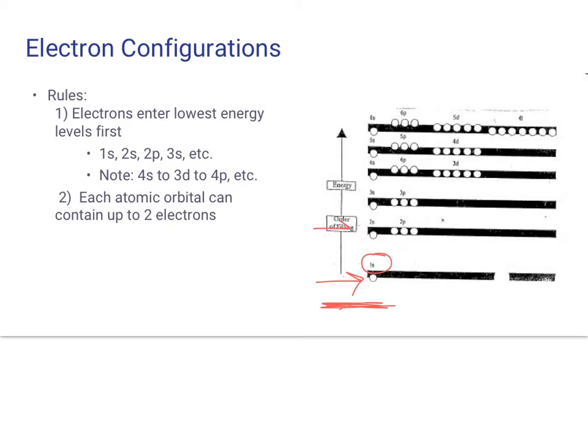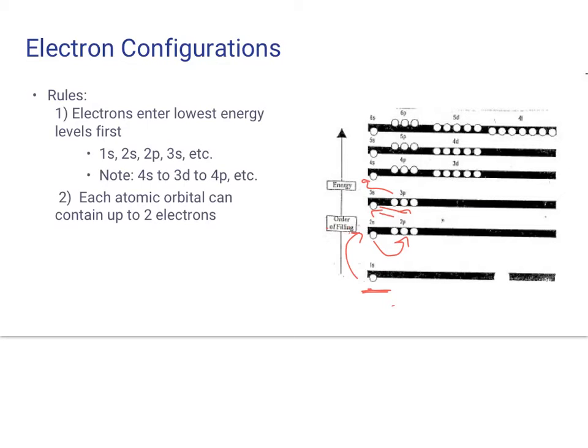As we make our way up, you'll see we have the second energy level, the third energy level, the fourth energy level, etc. And so electrons are always going to fill the lowest energy levels first. Once that energy level is full, then it will move its way up to the next. So again, we start down here at the 1s. From there we'll jump to the 2s, then it'll move over to the 2p, then to the 3s, 3p,